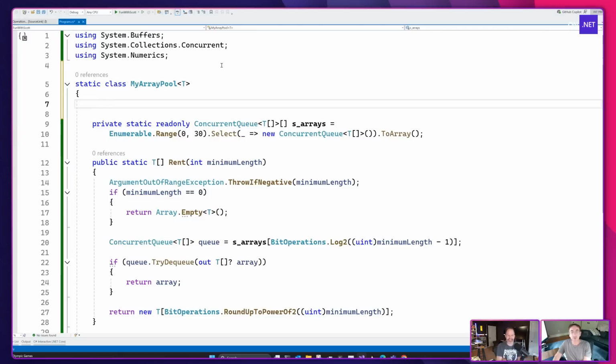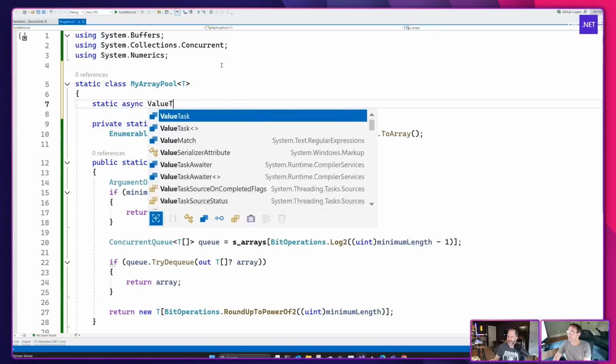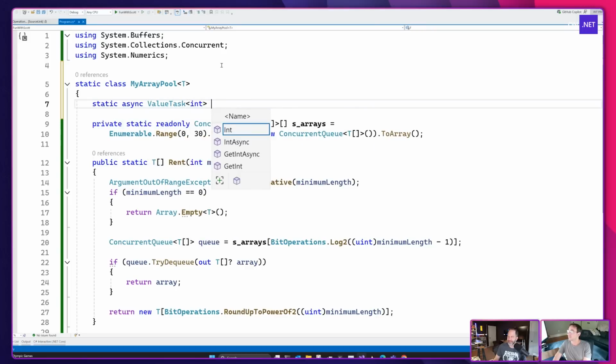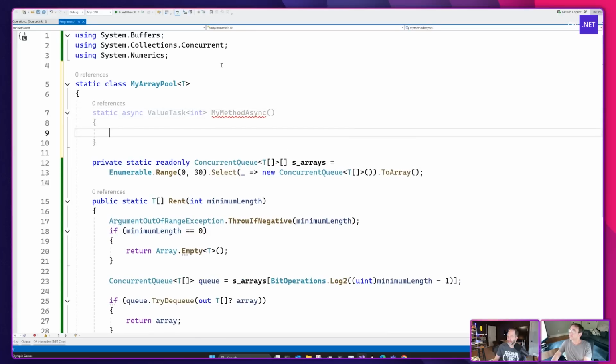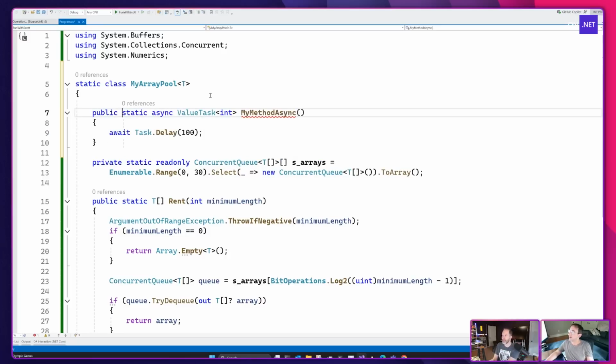All of these trade-offs, and some of them are so subtle that you wouldn't think about them. ArrayPool doesn't actually have any async methods, but let's say that it did. Let's say I had my method, and it doesn't matter what this is doing. If this thing completes asynchronously, because I await something that's not yet complete,